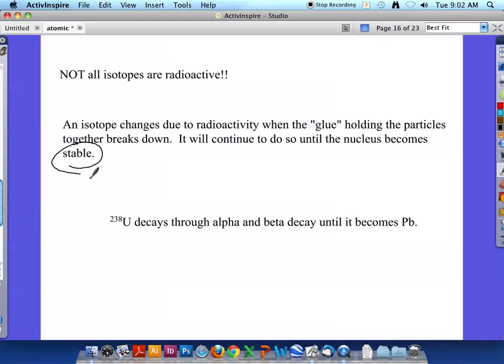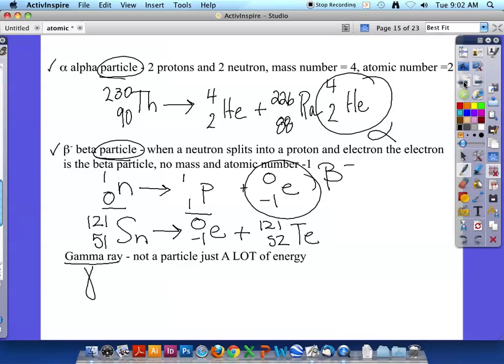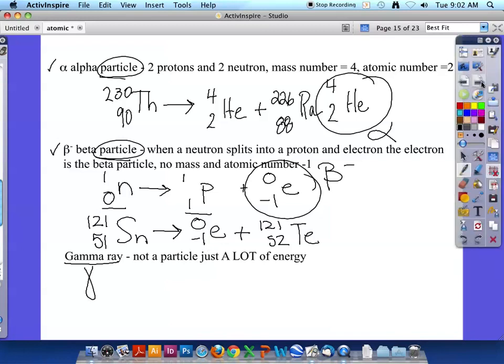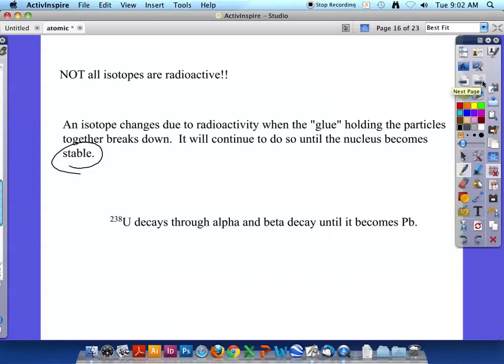Okay, so remember when we went through the slide before, when it undergoes an alpha reaction, it loses 2 protons. When it's a beta reaction, it essentially gains a proton. So it goes back and forth, until eventually uranium-238 is stable, but is now, instead of uranium, the element